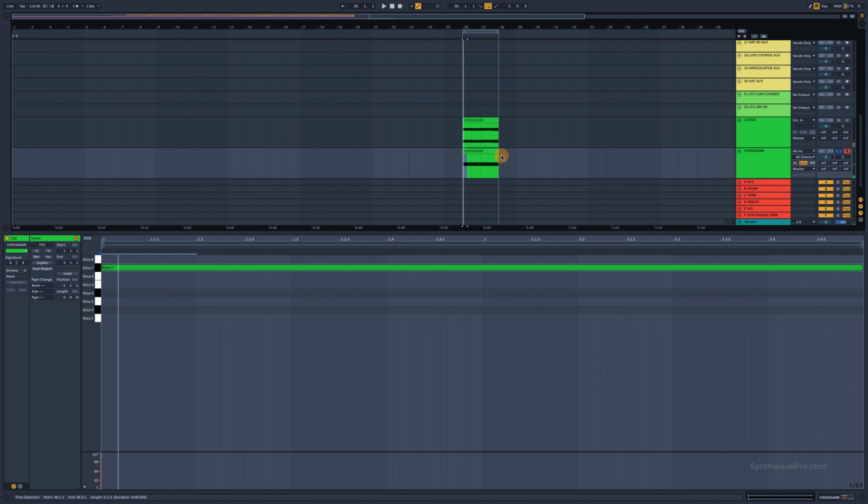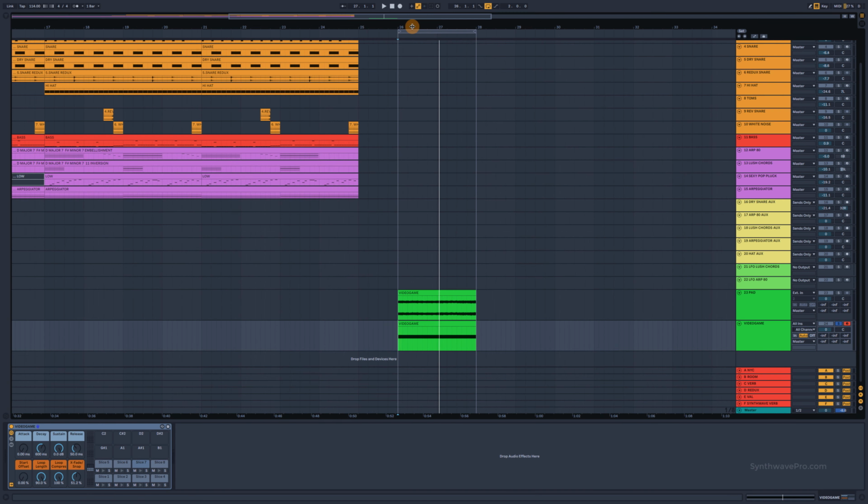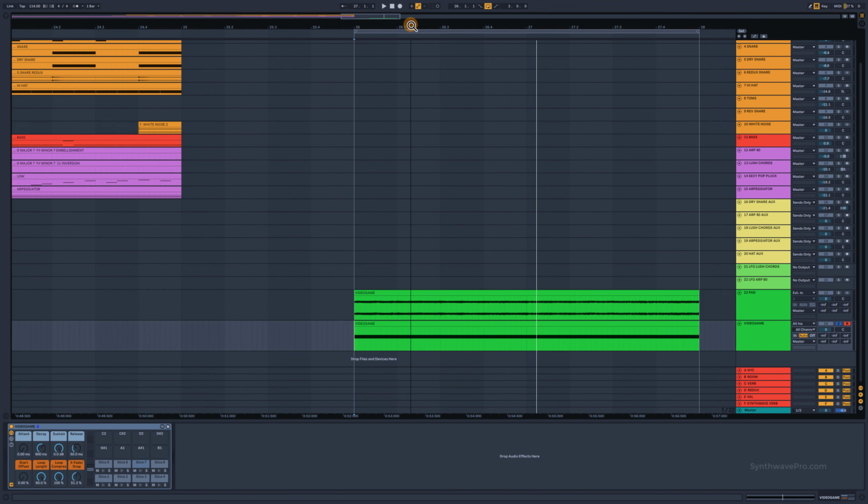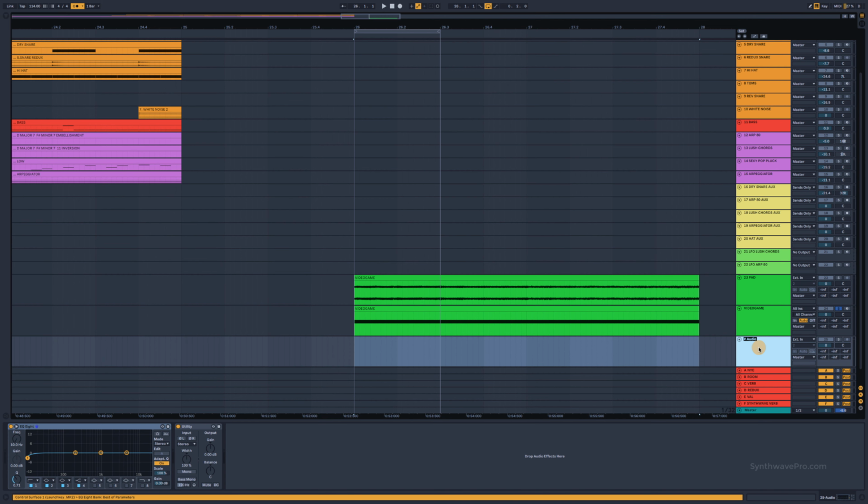Okay, easy peasy. The next thing I want to do is hone in on a section that I think I can use. So let me just play this with our metronome on. Okay. I think I can use this piece. I'm going to loop this, create an audio channel, and call it